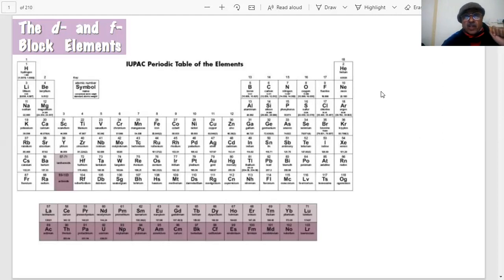Before I begin my session, here I have shown the periodic table on the screen, students. So you are familiar with the periodic table. If not, it should be on your desk all the time. Wherever you study, on the wall, you should always put a proper periodic table. This is very important. See what is the interesting thing about this periodic table. This periodic table is given by IUPAC, periodic table elements, students.